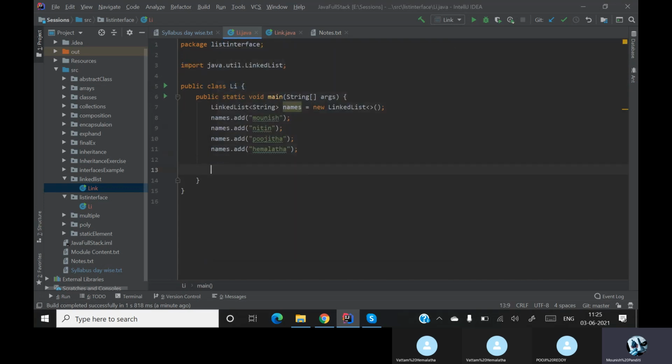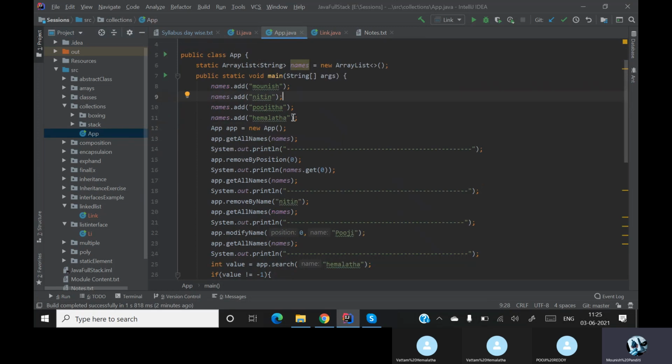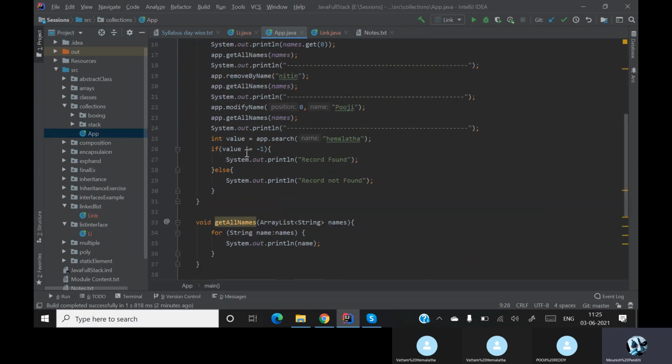Now I want to go to my collections where I'm having my array list. So basically this was my array list. Let me go to boxing. Do I have an array list in boxing?